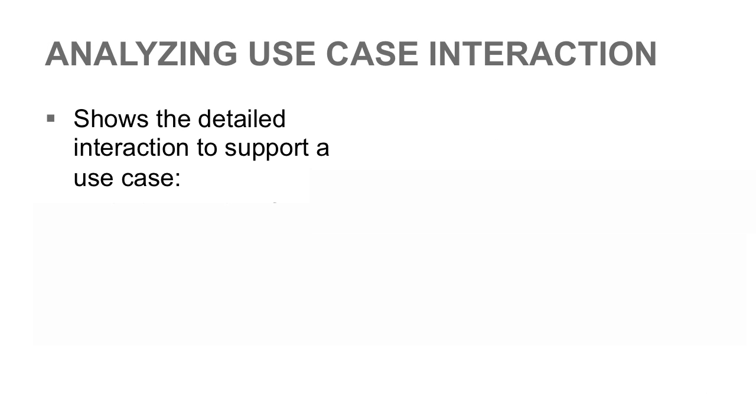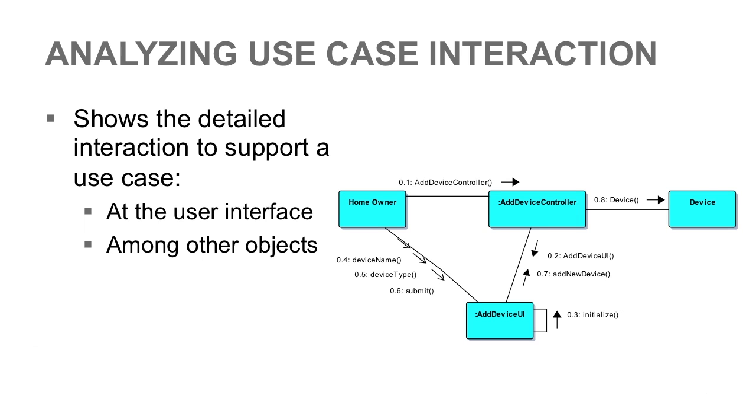Where communication diagrams are used with use cases, they're usually used to explore what objects will be required to deliver the functionality of the use case. That can be either at the level of the interaction between the user and the system, or within the use case in response to events such as the user clicking the Submit or OK button,